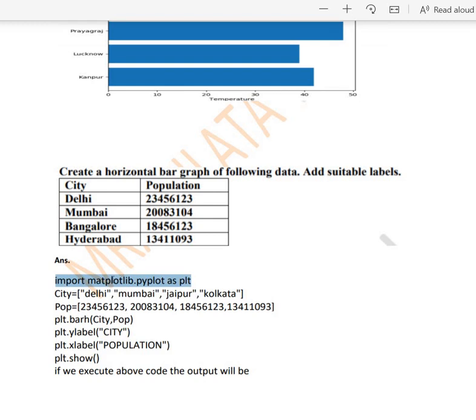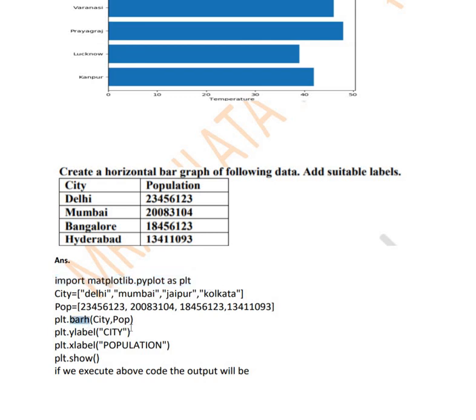Definitely you have imported the module required. This is a compulsory part whenever you are making a program for creating charts. Using plt, you are calling the barh function, and you are passing two parameters, city and population. So when you are calling the barh function, city will be at the y-axis and pop, which means population, will be at the x-axis. Right now I have given the short name pop, and it will be used to determine the length of the bars. Now be a little bit alert about this, because the cities are at the y-axis, so we will use y label city, not x label city, and likewise for x label we will use population.